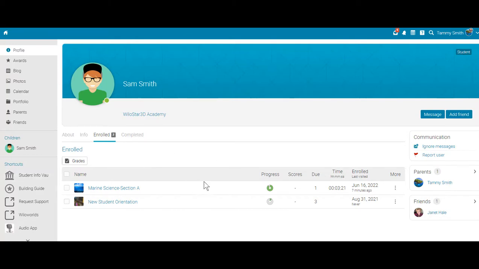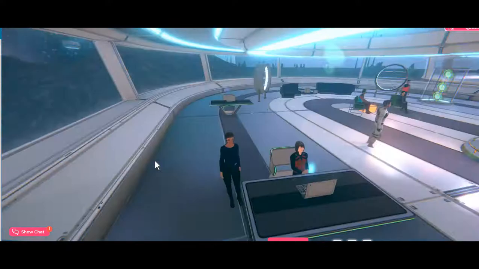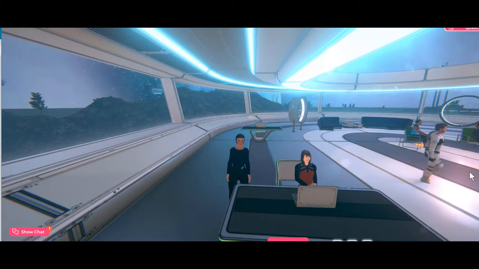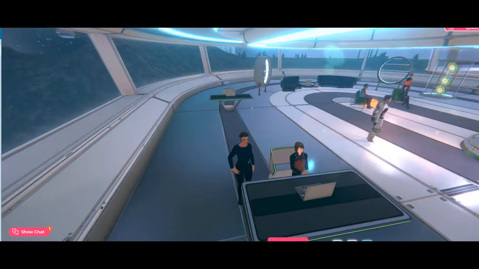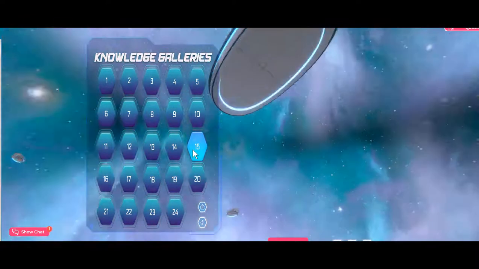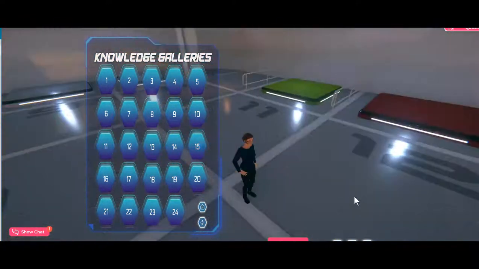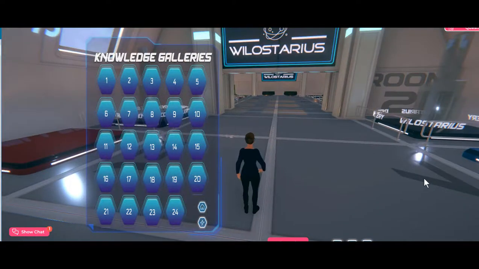Again, if you do enroll with the WiloStar3D Academy, there is a very detailed student info vault. We do have an orientation process that all students are required to attend. There's a couple of parts to our orientation that involve this web dashboard. And then a big part is learning how to get around in here in WiloStar, how to build, how to find your learning gallery,